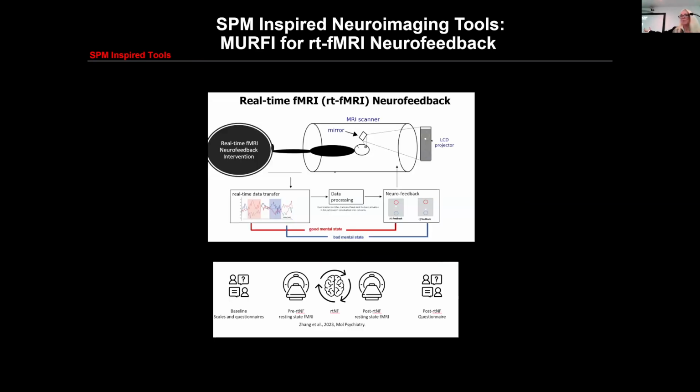So the way it works is that we have people lying in the scanner, we identify their networks, and then we convert it into some kind of visual display, which you can see here is a little ball task, which our wonderful postdoc Jeff will be explaining in more detail soon. But basically, we will track, say, the default network and the frontoparietal network, and we will move the ball based on the difference between those individualized networks. So if we want to suppress or downregulate the default network relative to the frontoparietal, the ball will move up, and it will move up with a hop size proportional to the magnitude of the difference between those networks.